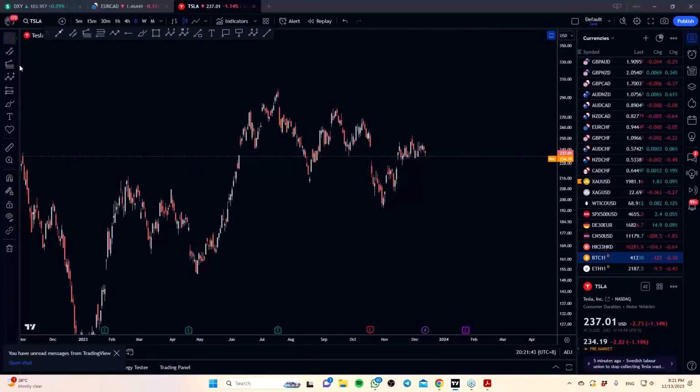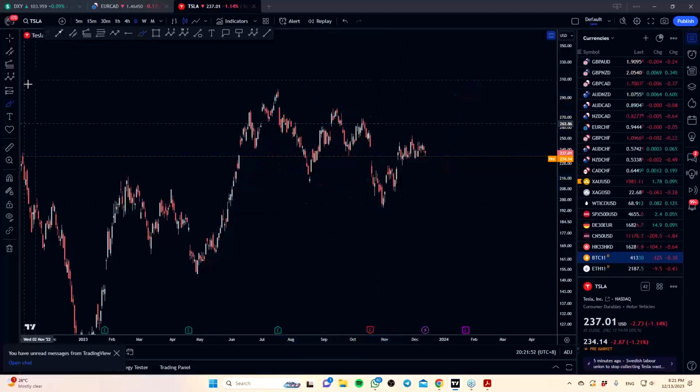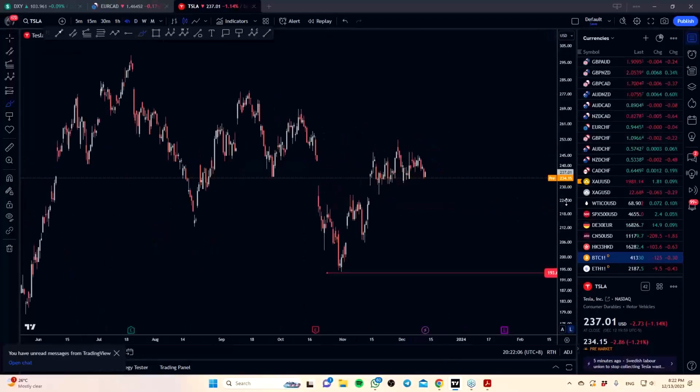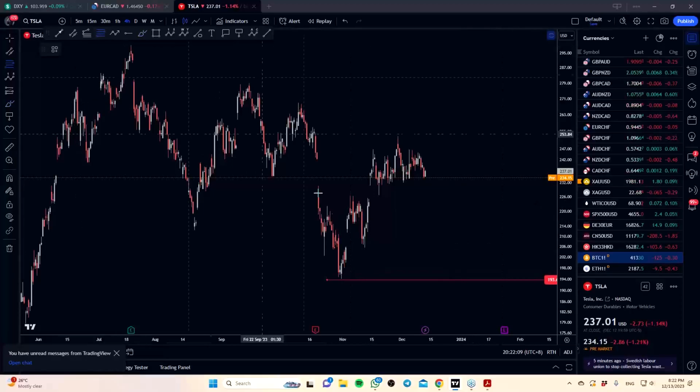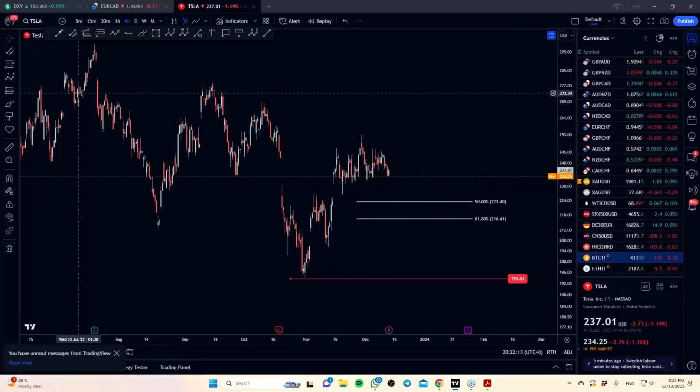So the directional bias right now on the daily scale is quite straightforward, it's upside. Okay, because we are looking at this impulse, we are looking at this 3-wave correction, and this 3-wave correction may have concluded with this low. Okay, and right now what we have is an impulsive move. This may start to do a pullback. So what I'll do is usually I'll just go down to the lower time frame. Okay, and we can use some fibs to give us some reference points. Okay, 50 and 618.